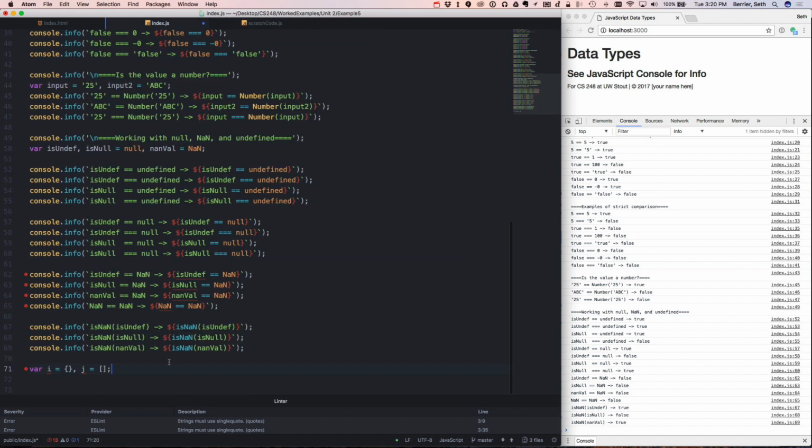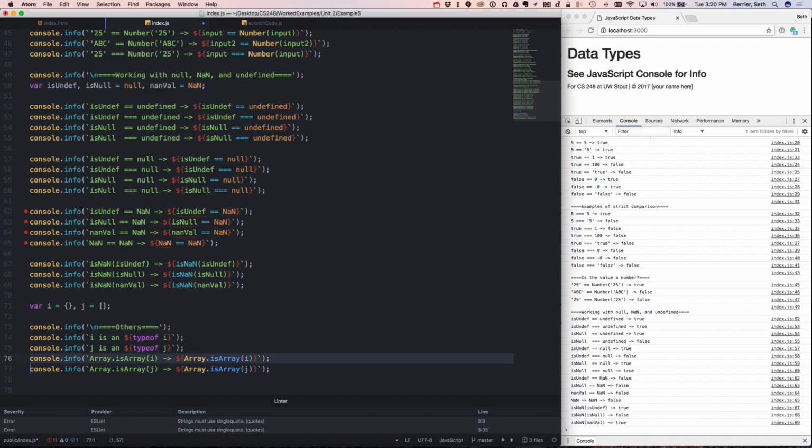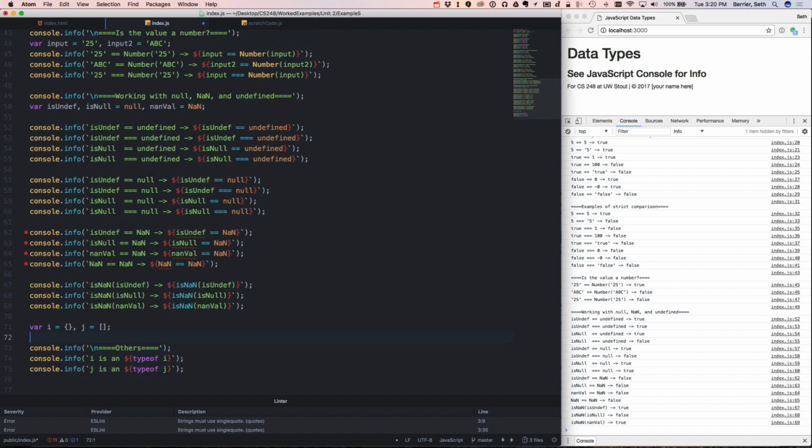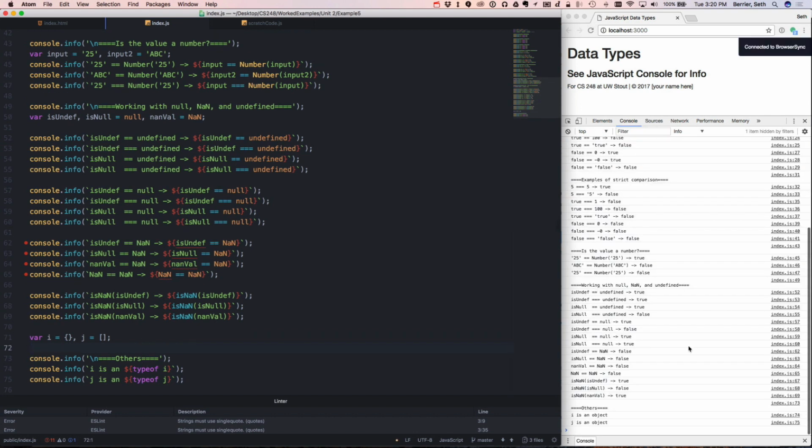Let's go ahead and test these with that same type of operator. This is technically an operator, and see what it gives us back. So we see here it tells us that I is an object. That's good, but it also says that J is an object. That might seem a little strange, but this is basically what it says for anything that's not a primitive type. Anything that isn't a primitive type is essentially an object, and so it is stored internally in that structure and treated